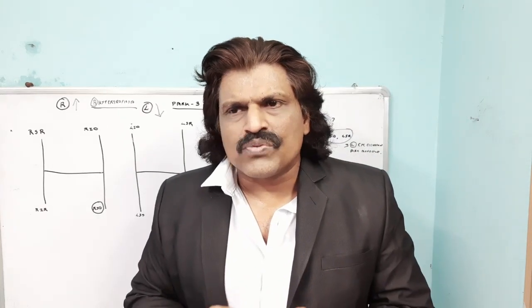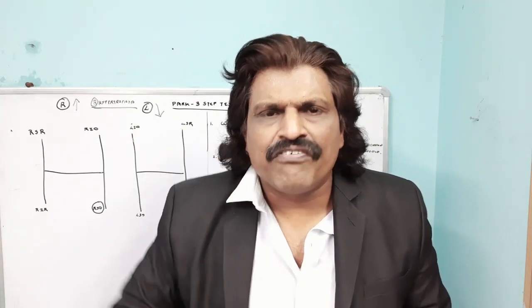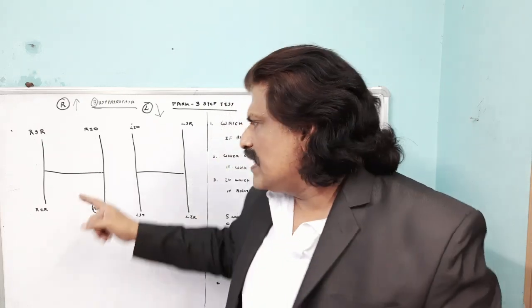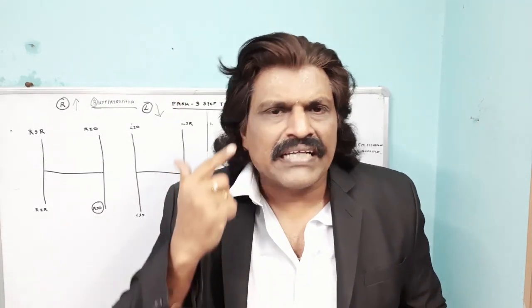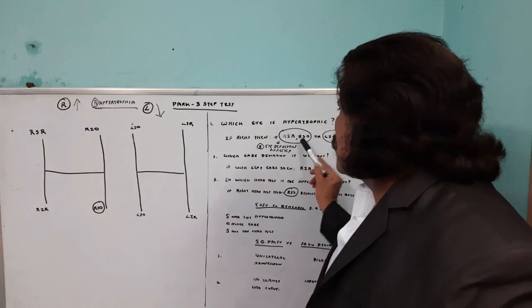So what are the muscles which are responsible for pushing the eye downwards and pulling the eye upwards? In other words, if what muscles get affected, the eye goes upwards. If the eye has to go upwards on the right side, that means the inferiorly acting muscles, the muscles which push the eye inferiorly, should get affected. So it is either the right inferior rectus or right superior oblique. So if these are not acting, if they are inefficient, the eye will go automatically upwards. So if the eye has gone upwards on the right side, that means either the right inferior rectus or right superior oblique is not acting.